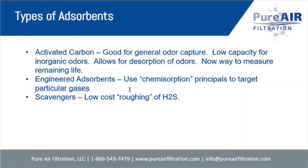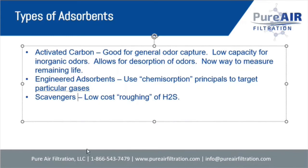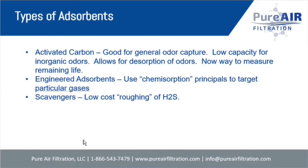We don't have to get into exactly all the selection that we have, but there are adsorbent medias for specific applications. There's some for broad range applications. And then the last one is scavengers. Scavengers, I mentioned, are these. These are somewhat like the engineered adsorbents, except basically that is just iron oxide and some clay put together, and it's just used as a sacrificial kind of pre-filter before